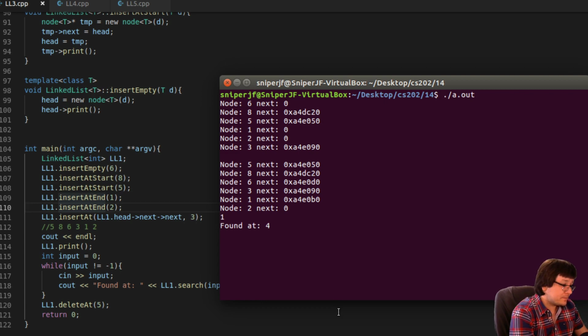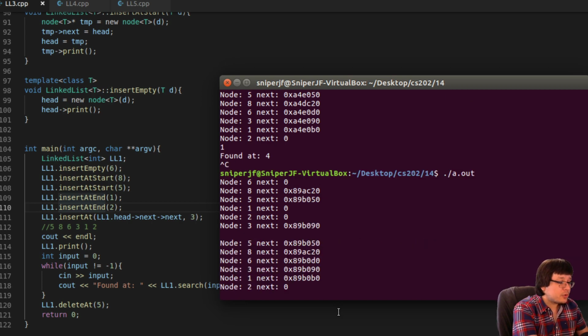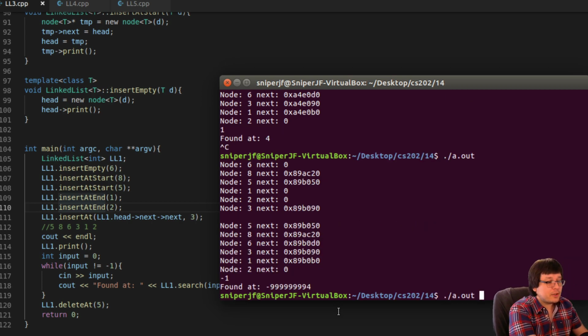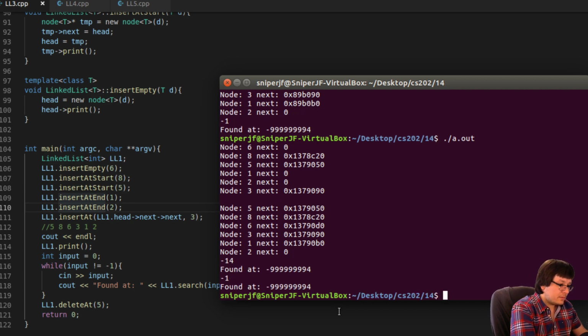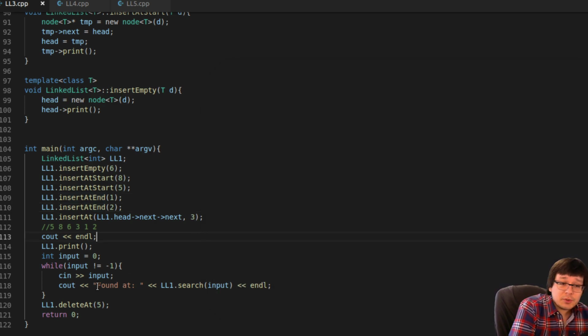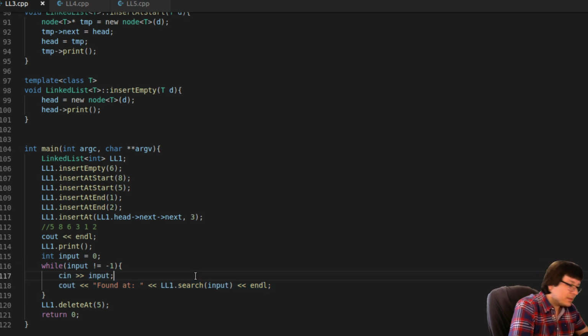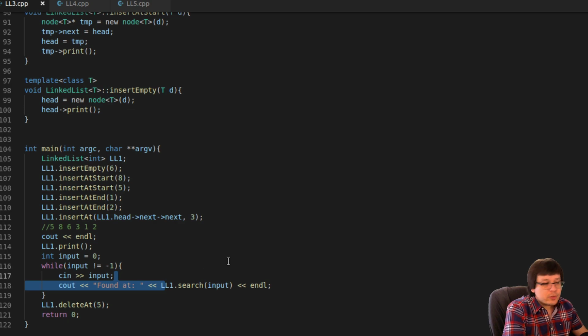So, yeah, cool. Well, here, let's try to see if the closing works. Negative 1. Yep, negative 1 does work for closing it. It's interesting because it's actually looking for negative 1 in our linked list. Anyways, it was just some kind of quick impromptu input. So that shows us that the search function works fine.